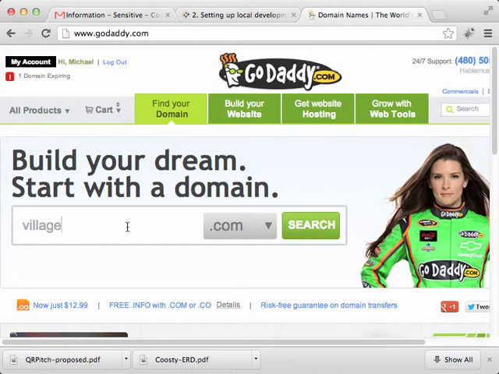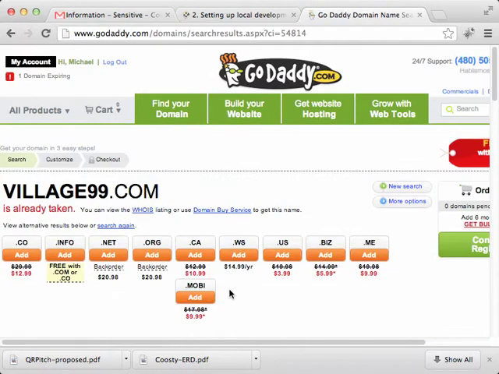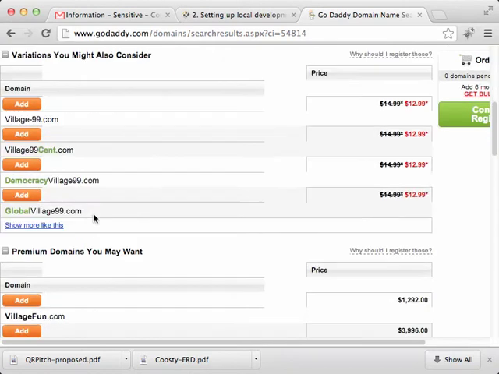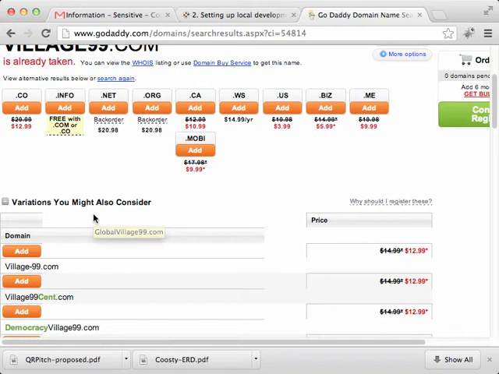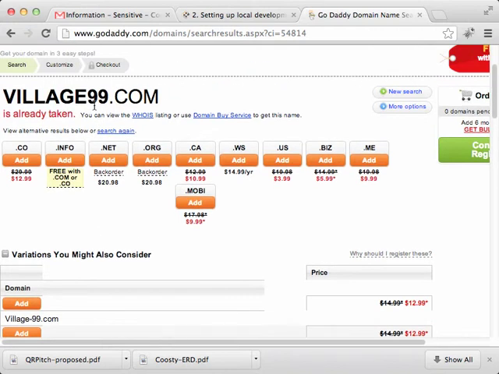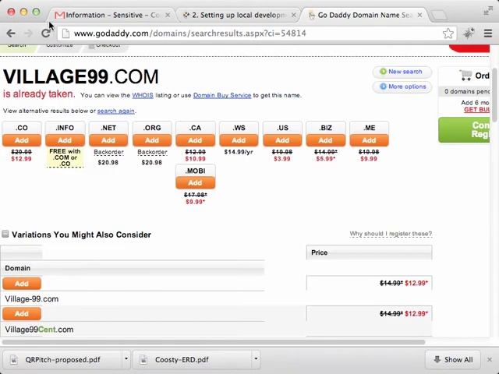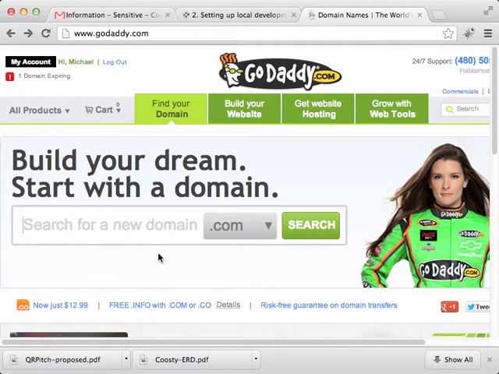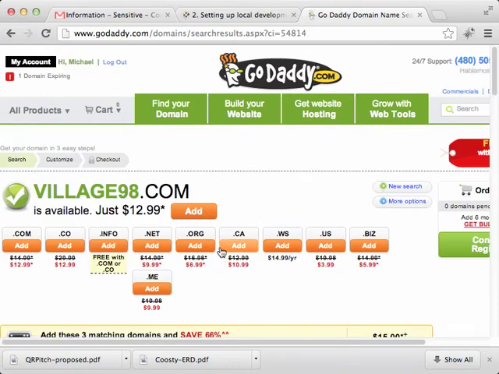So let's say you wanted to get village99.com. You do a search, and interesting, someone already bought Village99. Maybe our next competitor. Anyway, this is already taken. Now let's say, for example, you wanted to go back and see if village98.com is taken, and I hope that is not taken. It is available, so all you have to do is go ahead and add it,